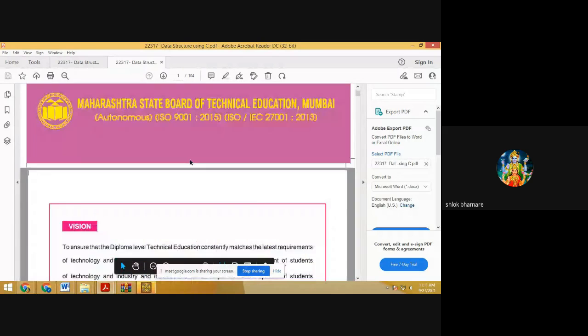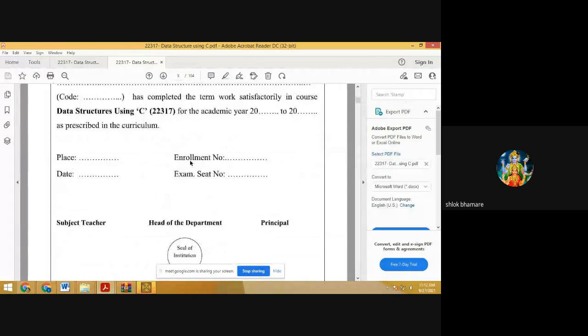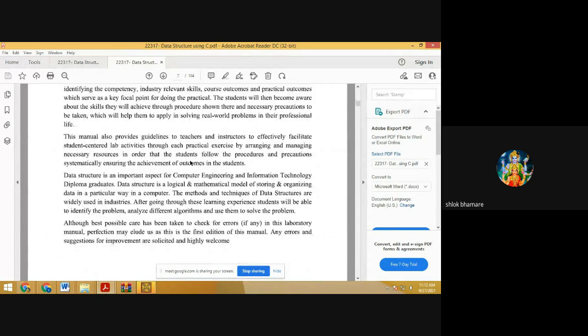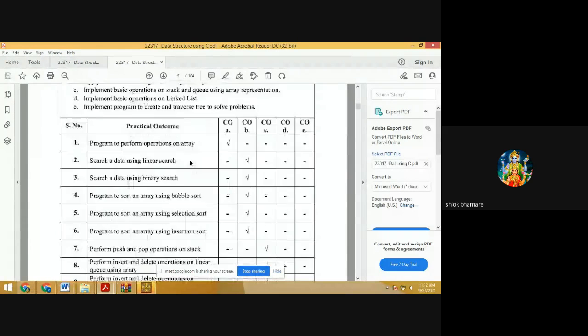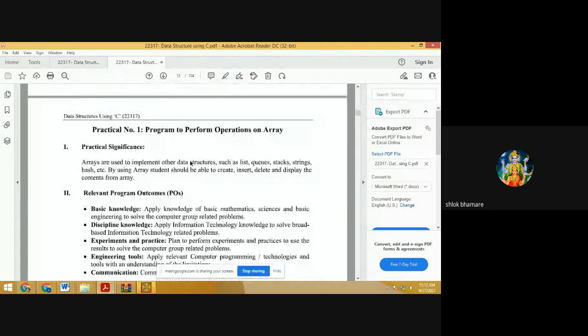So this is a manual for data structure. Last time we have seen how to insert an element in array. Now what you have to do, you have to solve all the questions related to practical.